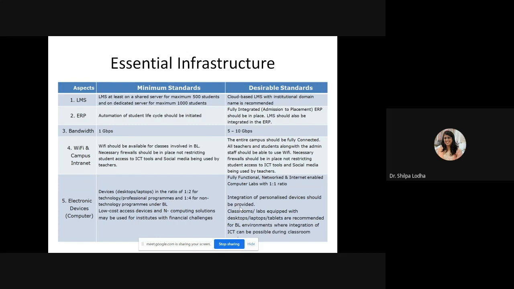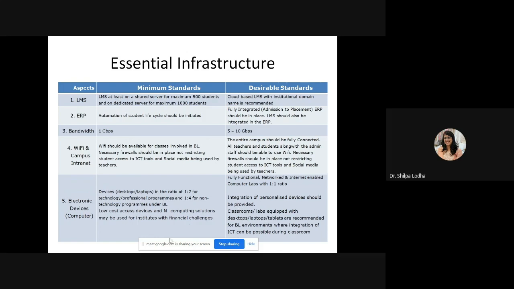When we come across several online learning tools, web-based rich contents, interactive digital textbooks, ebooks, online assessments, the increasing dependence on the internet for student and teacher learning will continue to contribute to a rapidly increasing flow of digital traffic. And that's why, to manage that digital traffic, we will need to have proper bandwidth. So these are the desirable standards for bandwidth.